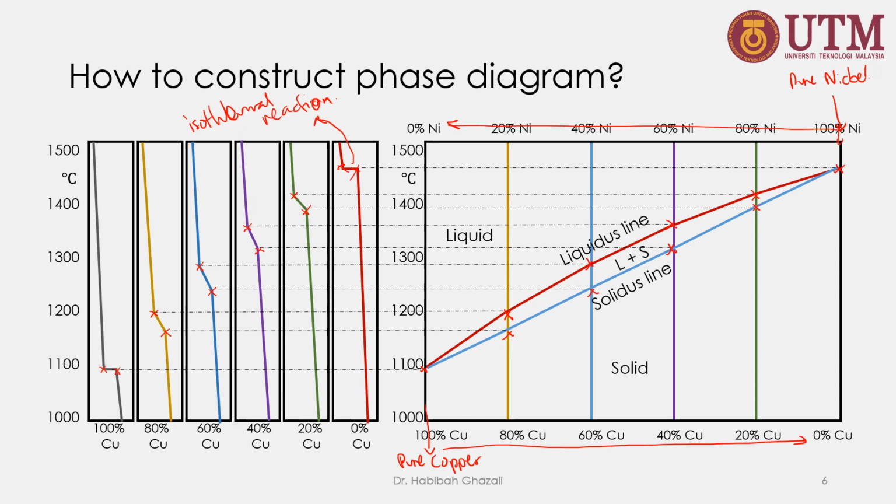Above the liquidus line, everything will be in liquid, and below the solidus line, everything will be in solid. In between these two lines, liquid and solid will be in equilibrium. So you will have two phases in between the liquidus line and the solidus line. And as you can see, because of this isomorphous system, no matter how much copper or nickel you have when you mix them, even let's say you have 10% or 30% or 50%,